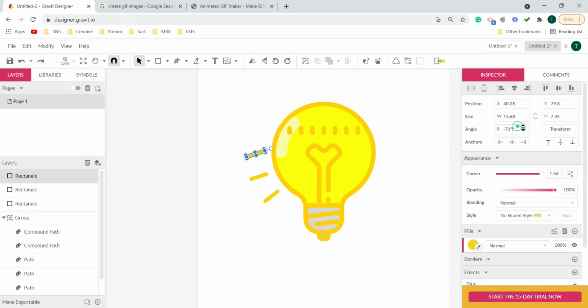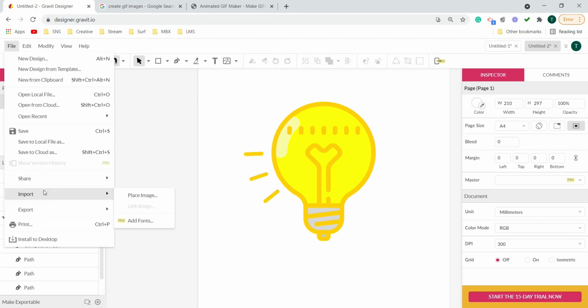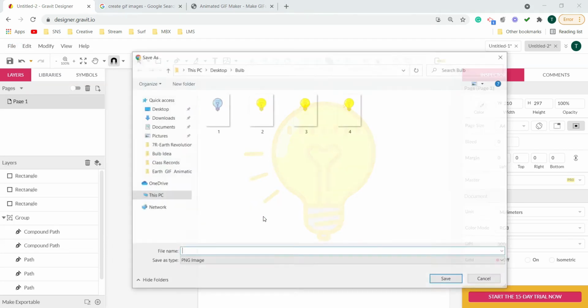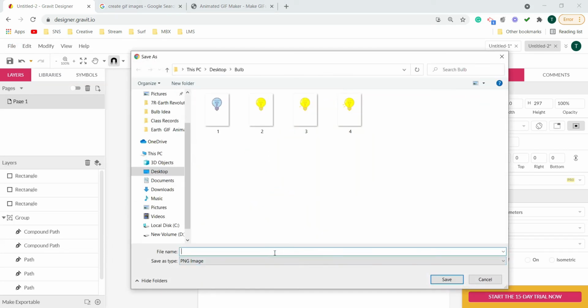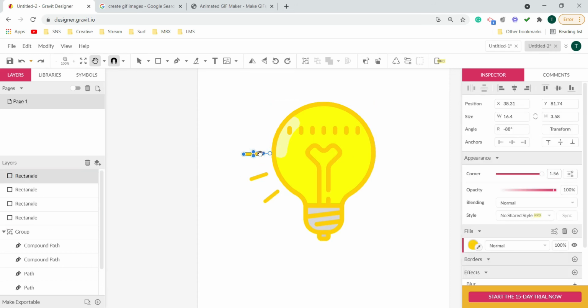Let's rotate it like this, and at each change we should save the image. So no need to give any names to the images, just to create that sequence in order. I'm preferring giving numbers as the name. So let's repeat this process quickly.